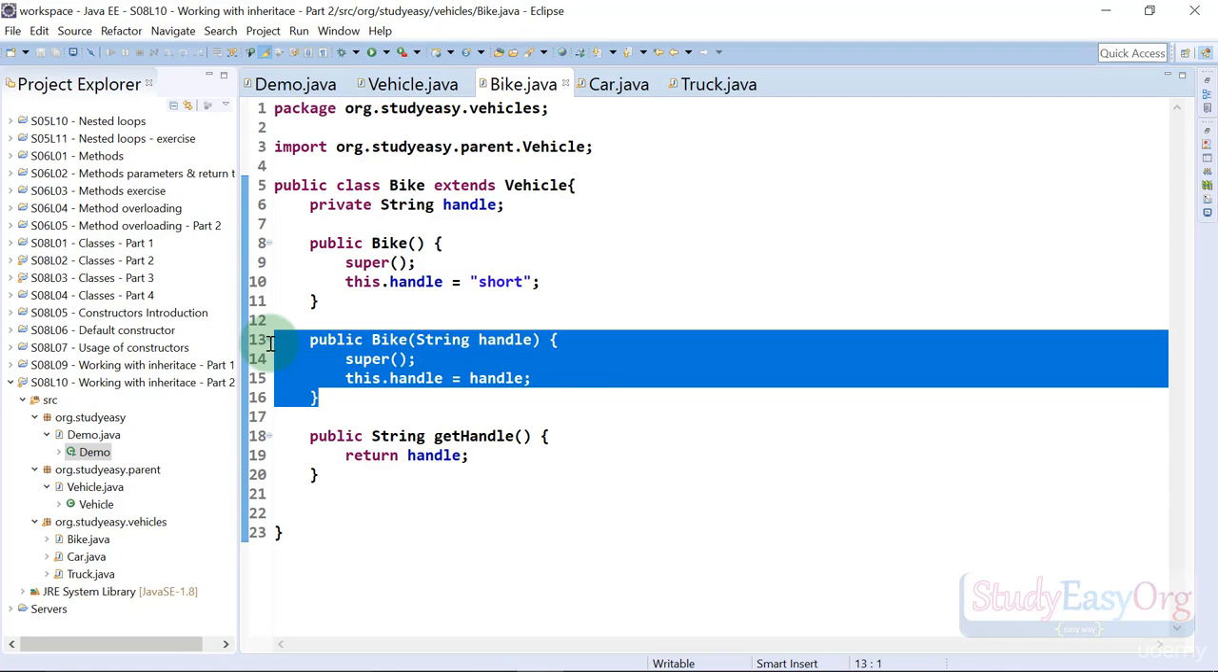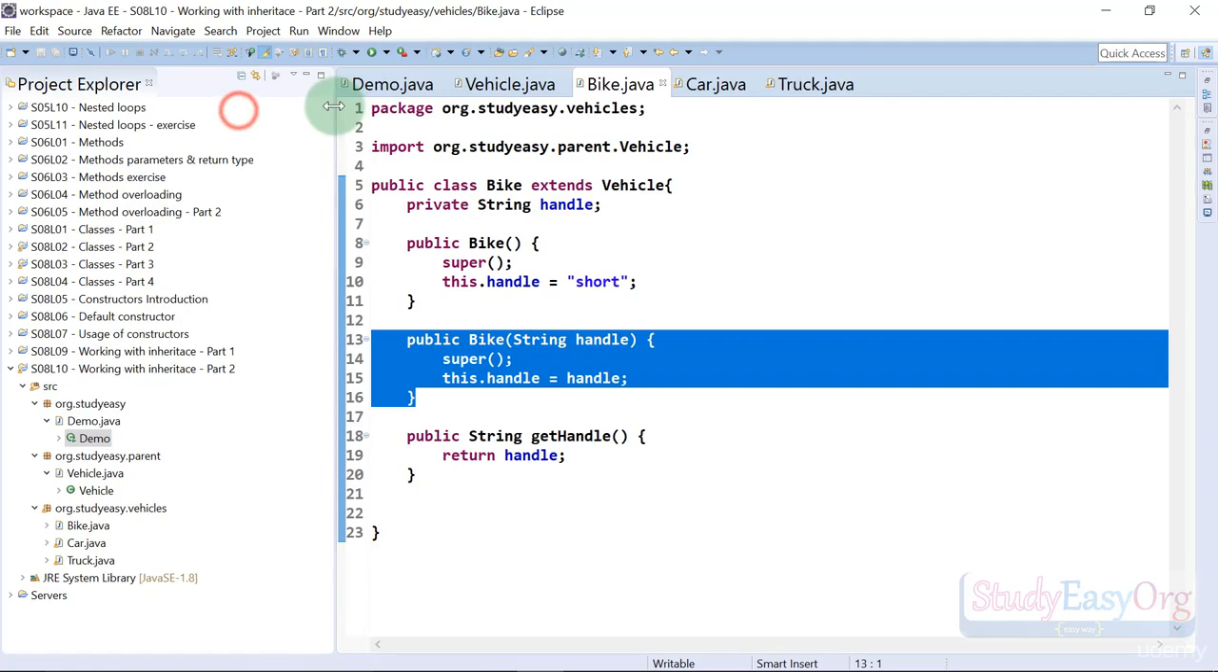Hope you guys enjoyed the video, and these inheritance concepts are a little tricky to start with, but definitely these are really important and you must know each and everything about it when it comes to